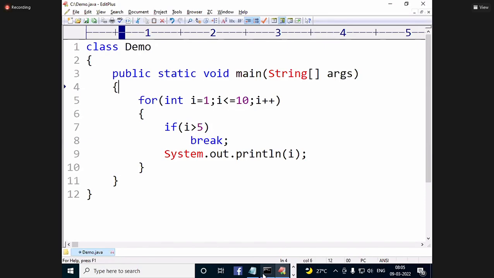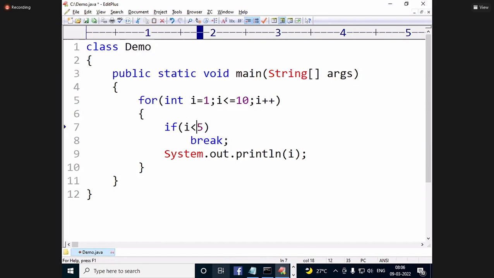Is it over? A little bit I'll change. Okay. Here, i less than 5. No output.